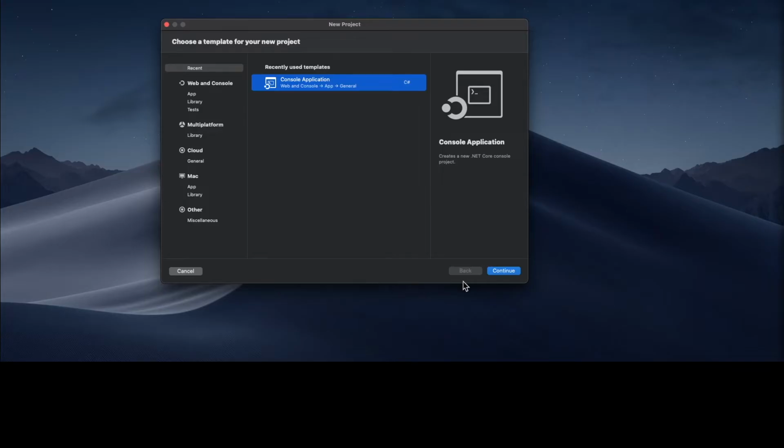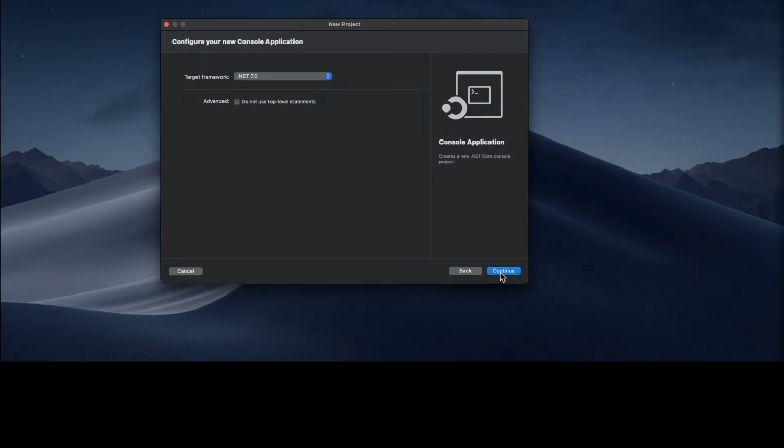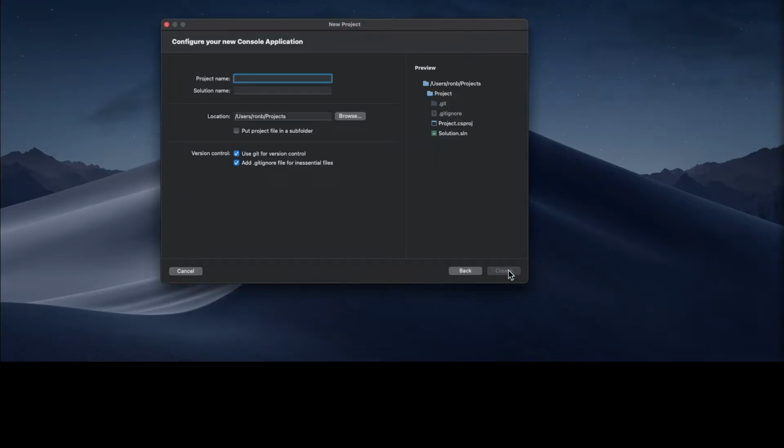So I'm going to select that. I'm going to click continue to proceed. On this screen, it's asking us to confirm additional configurations for our console app. We're using the .NET 7.0 version at the time of this recording. If the version is higher by the time you do this, don't worry, it should still be the same process. If not, just Google it and you should be able to figure it out. And so I click continue, and then on the next screen we have the project name. So let's call this C#. Sorry, can't type today. C#